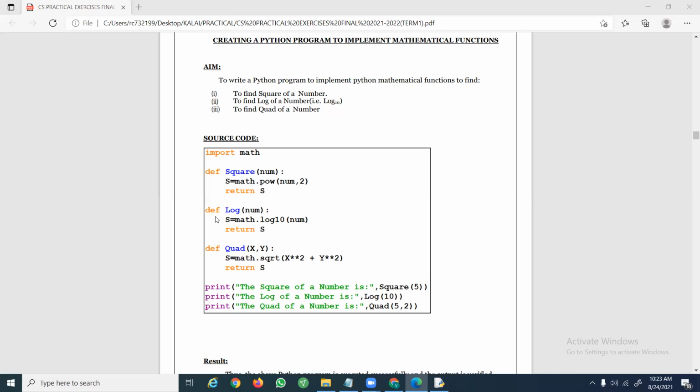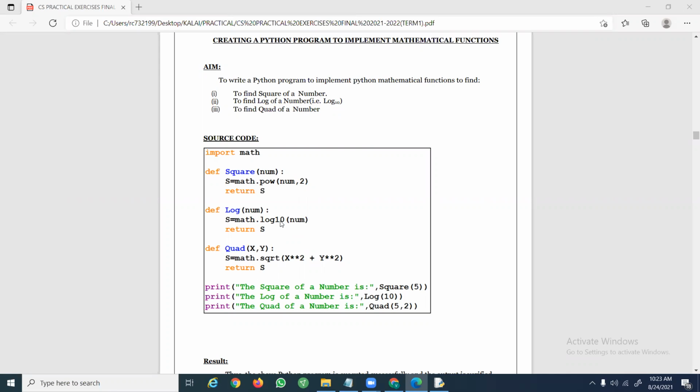Then to calculate the log of a number, I'm writing a user defined function log. To calculate the log, you have to get a value from the user. So I'm receiving it in a variable called num. Then I'm going to calculate the log value to the base 10, so I'm calling the function log10. The math module has many log functions, like log10, log1 and many more.